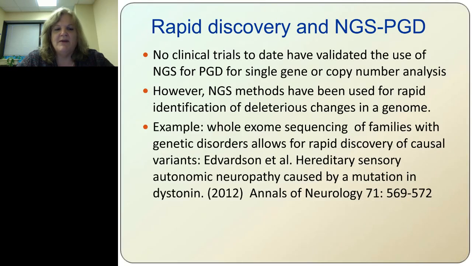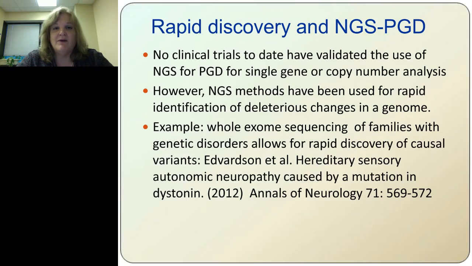So there's been, in one paper as an example, sensory autonomic neuropathy caused by mutation of dystonin, where I believe an exon of dystonin was missing in affected families, and was recently published in 2012. And part of that was done through loss of heterozygosity analysis coupled with whole exome sequencing. And of course, this had to be validated, and it was published. But things like this method of rapid discovery through next-gen sequencing, and then validation, which is an important part I